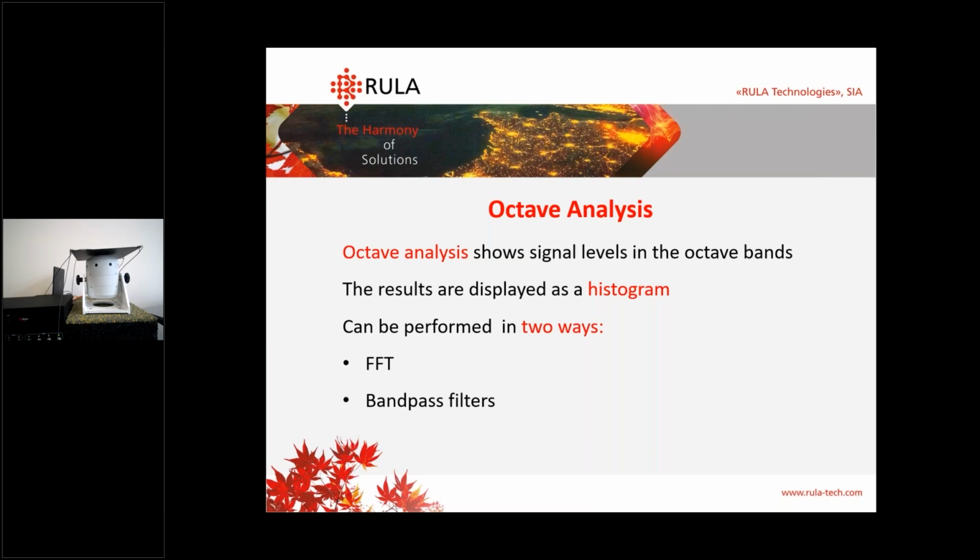In our software, we can perform octave analysis in two ways, using fast Fourier transform and the bandpass filters. If we select fast Fourier transform, the program will calculate the PSD of the signal with fast Fourier transform, and then it will calculate the amplitudes in each part of the octave by some formulas. In that case, the system will automatically define through the sample rate the number of samples that must be collected